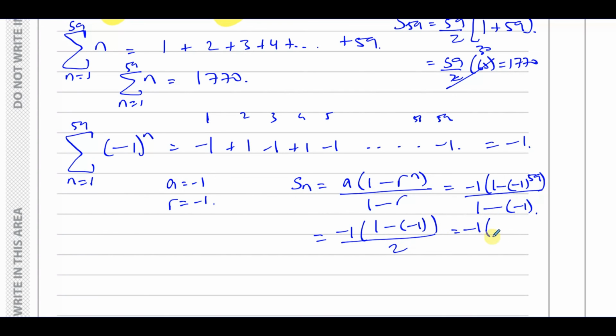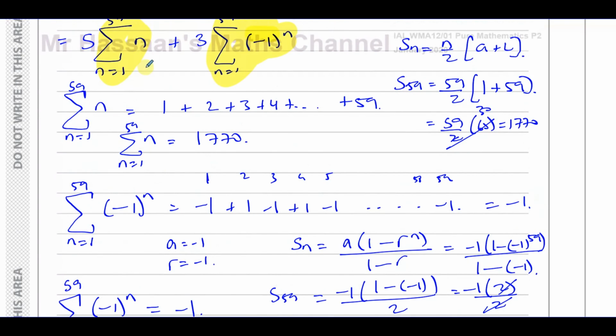So you have minus 1 times 1 plus 1, because the minus will become plus. That's going to be another 2 there. So these 2's cancel out. So we're left with exactly what we said. So the sum of the first 59 terms of this sequence is minus 1. So we can say that the sum from n equals 1 to 59